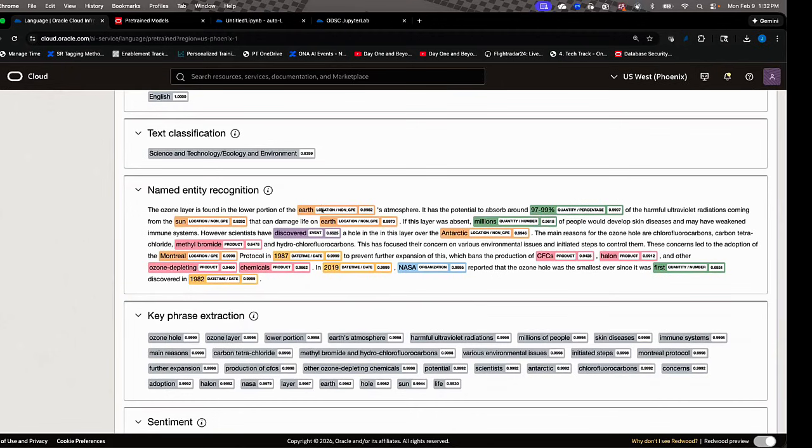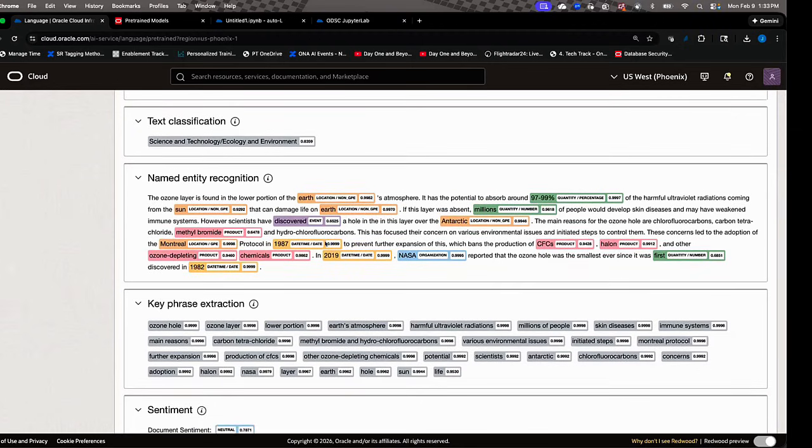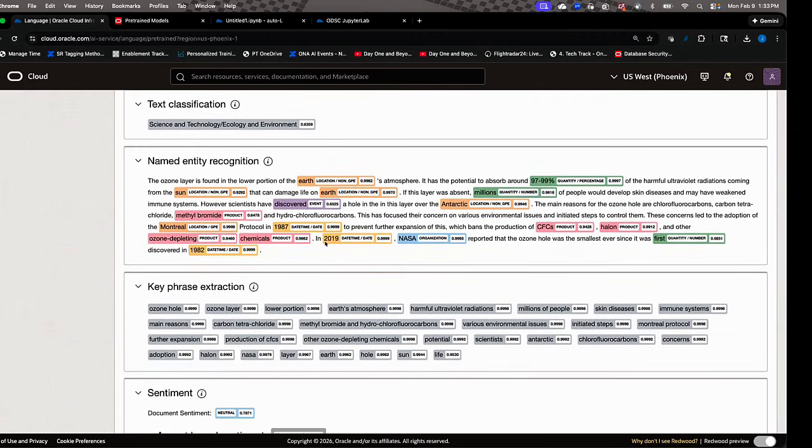In this case, Earth, its location, Antarctic location as well. And then we have quantity percentages. The large language model is going to be able to identify these keywords that it thinks are relevant and important for identifying certain things within the text, and it can give us a sentiment